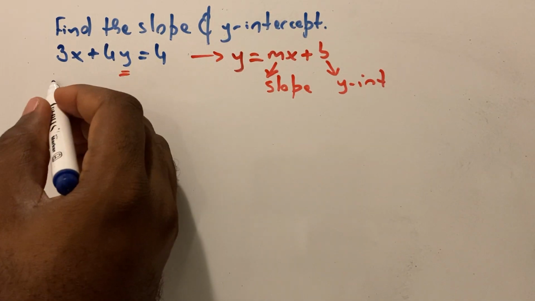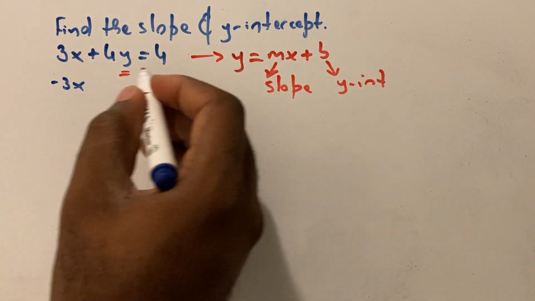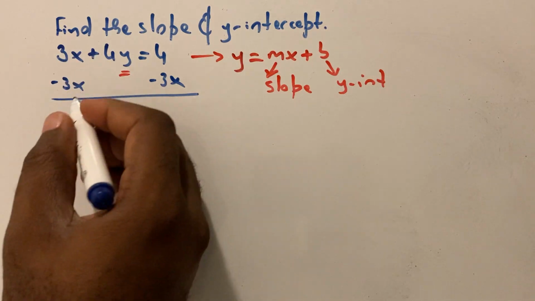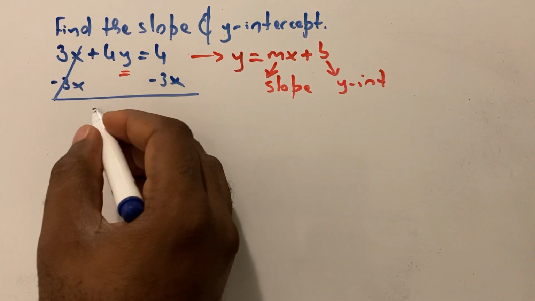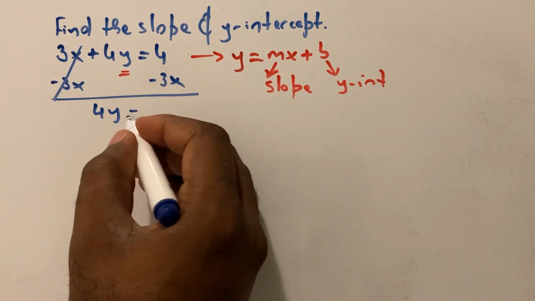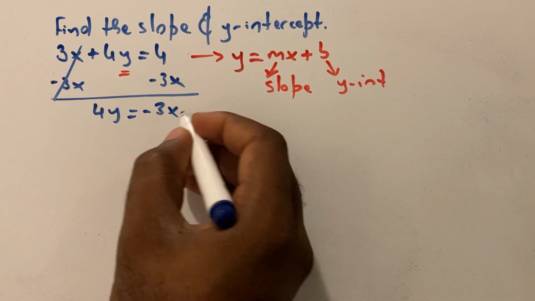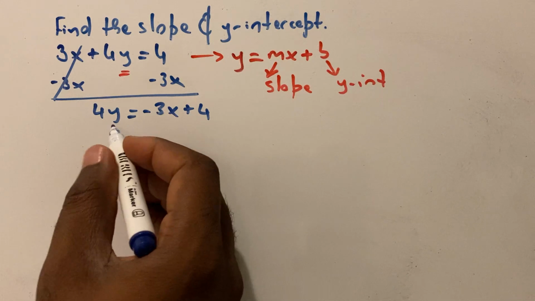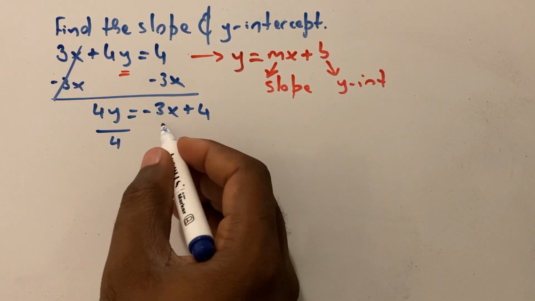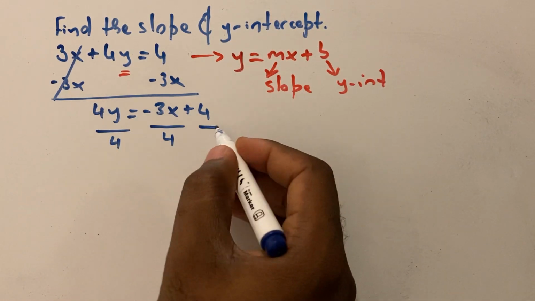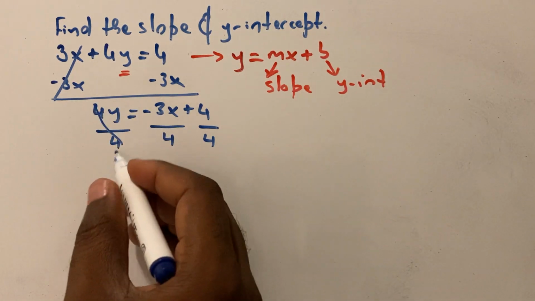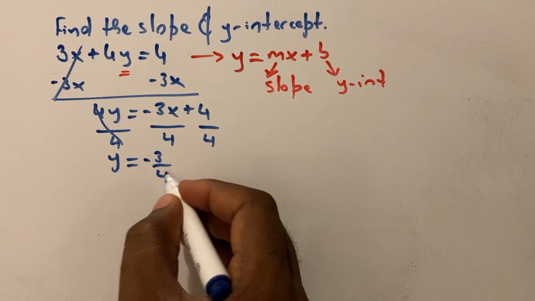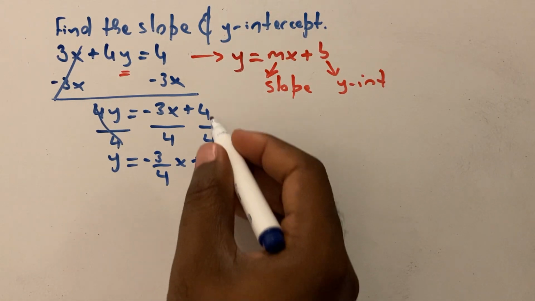I would need to subtract 3x on both sides, okay? Subtracting 3x on both sides. Then you have, this is cancelled now. So you have 4y equals negative 3x plus 4, right? After that, solving for y, you would have to divide both sides by 4, so everything by 4. And this is cancelled out, so you have y equals negative 3 over 4 x plus 4 divided by 4